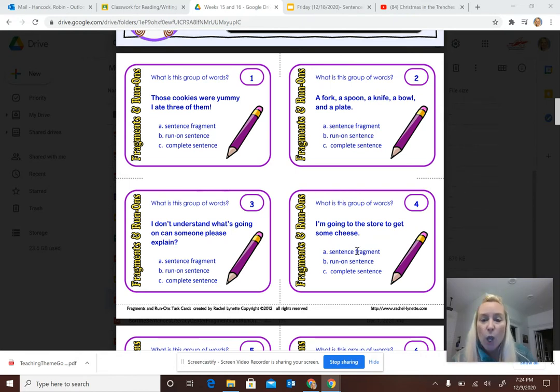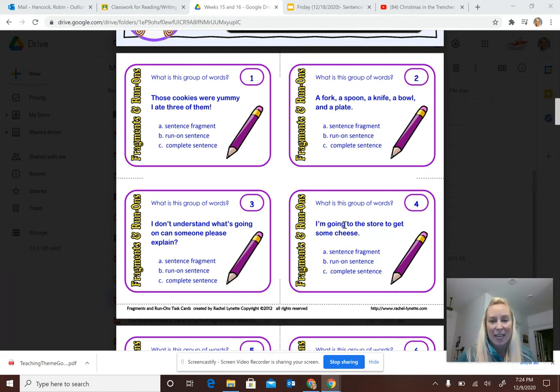Number four. What is this group of words? Well, it says, I'm going to the store to get some cheese. Well, it is a complete sentence because I have a subject, I, and it's in a contraction. Don't forget your apostrophes in those contractions. I've been noticing that. Make sure you put in those apostrophes in those contraction words that you learned in the first grade. But I have a subject, I,